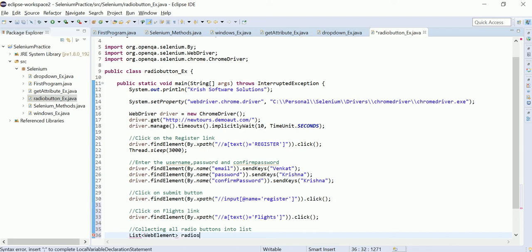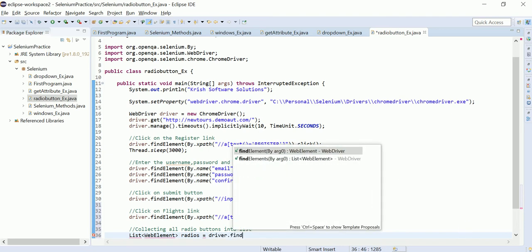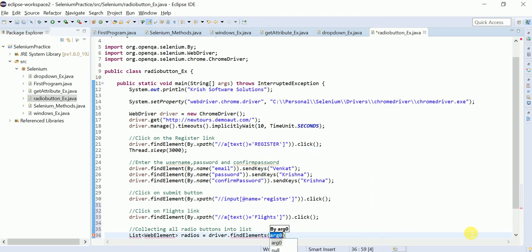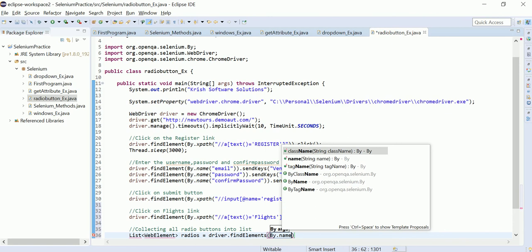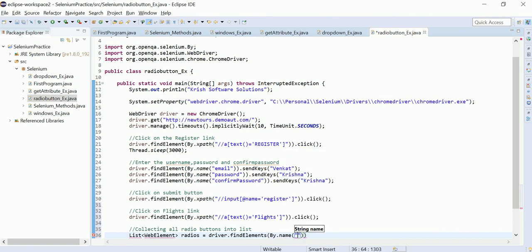I'm creating one more variable, radios equal to driver dot find elements. Please observe here, driver dot find elements. What is the difference between element and elements? Element will return only one, elements will return multiple. That is the simple difference. So whatever it is returning multiple, I am storing it into a list.